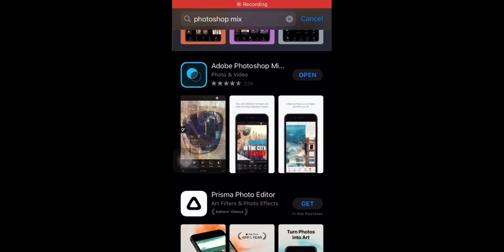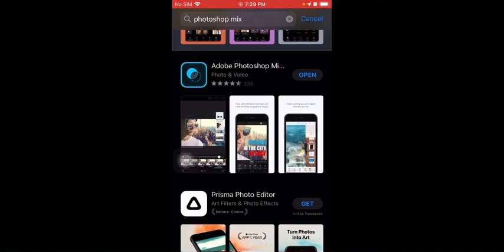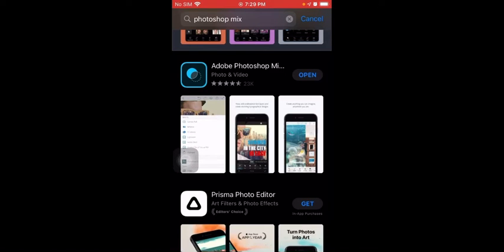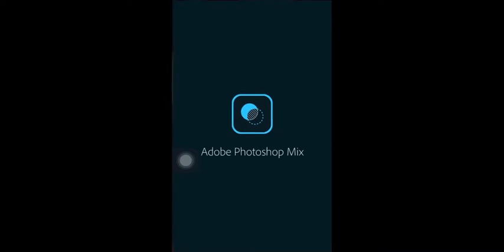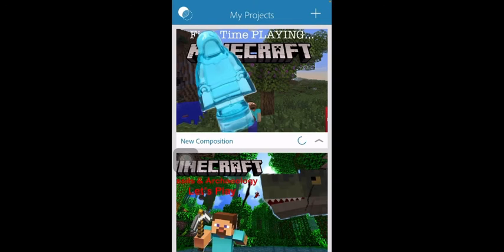Once you get all of your images, you can head on over to the App Store and download an app called Photoshop Mix. It is a completely free app and I use it for all my thumbnails. Once finished downloading, click on the app. And it might try to give you a tutorial. Just skip all that and click on the plus sign